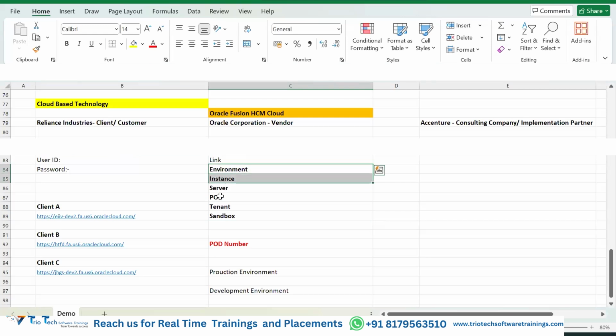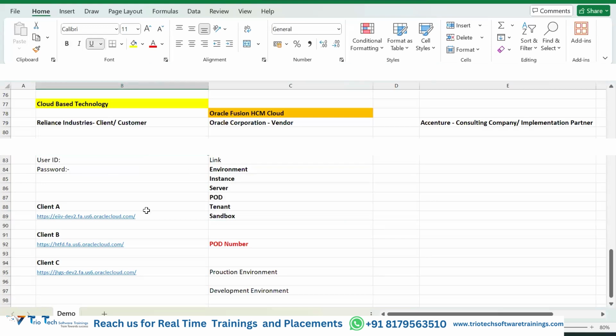But the actual names we should use, I told you, you can call it environment, instance, server, pod, tenant, sandbox. These are the different names that you have to use in your real-time projects to refer to the Fusion applications, team,